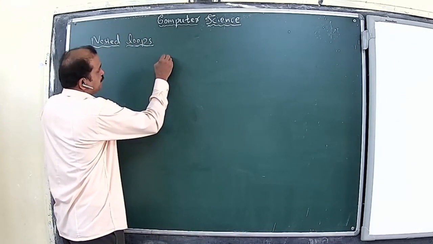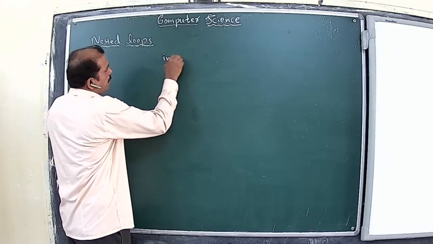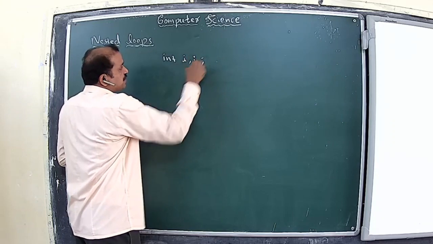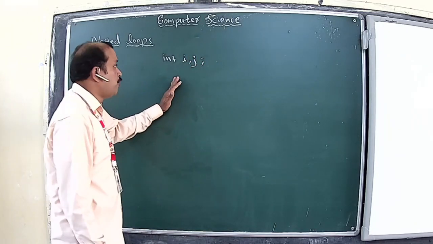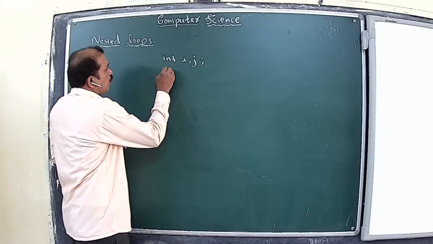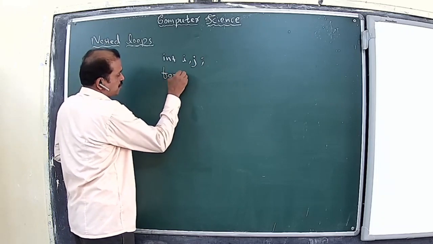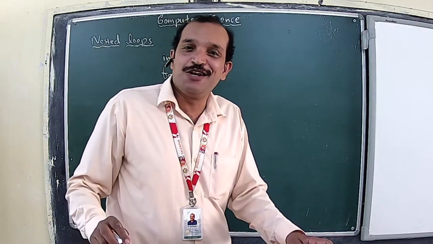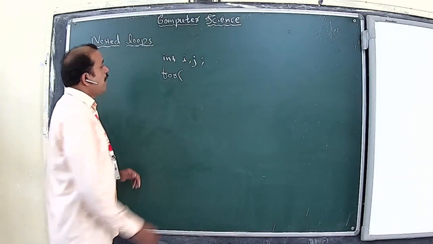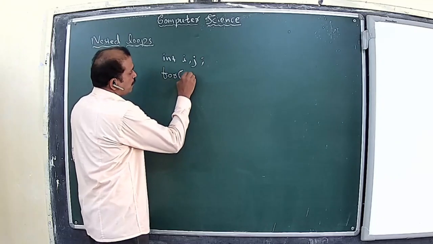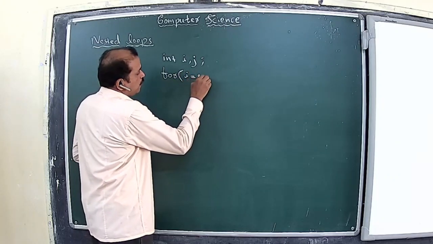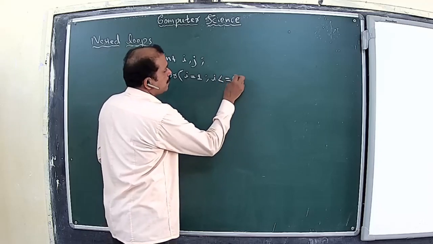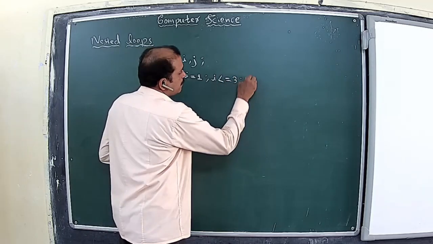See how it works. So this is our program. We declare two loop control variables since there is an inner loop as well as an outer loop. We are using a for loop here for our nested loop purpose, but nested loops can be created even with a while loop as well as a do while loop. And with the for loop: for i equals 1, i is less than or equal to 3, i plus plus.